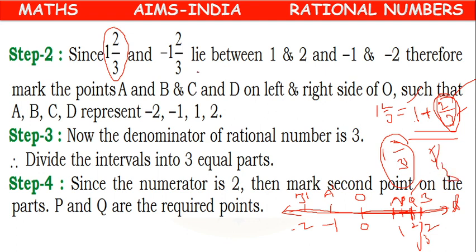In the same way, minus 1 2/3 means we have to count up to minus 1. Then between minus 1 and minus 2, divide into 3 equal parts, P dash and Q dash. This is the first part, second part. This Q dash is represented by minus 2/3 after minus 1, or if we check from the beginning, from O, it is minus 1 2/3. So like that we can represent mixed fractions also on the number line.